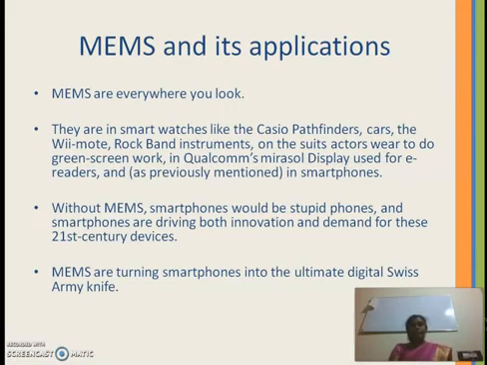And without MEMS, smartphones may not be so smart. Smartphones are driving both innovation and demand for these 21st century devices, and MEMS are turning smartphones into the ultimate digital Swiss Army knife. The sensors also give you much flexibility to design your own applications. And that's it about how SOA and MEMS are going to be part of your mobile device.